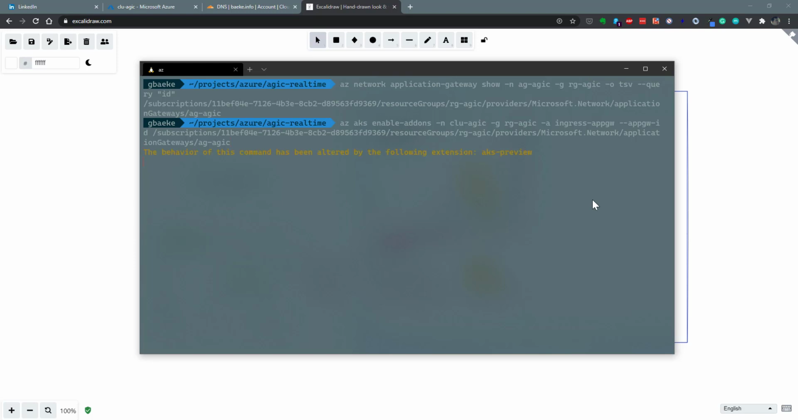Let's run this command. Now it's important to see here that this command has been altered by the following extension, AKS preview. You have to look in the docs to configure your system to even support this preview of the application gateway ingress controller via add-on, right? You just need to